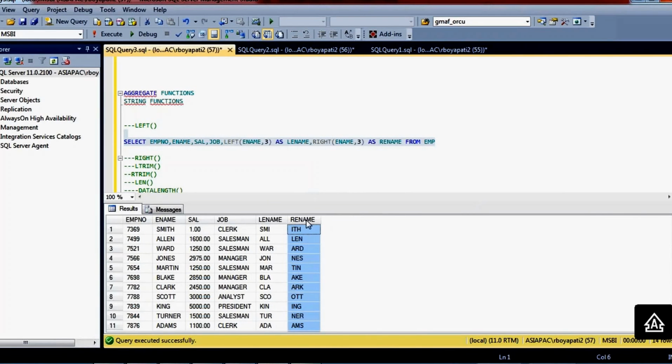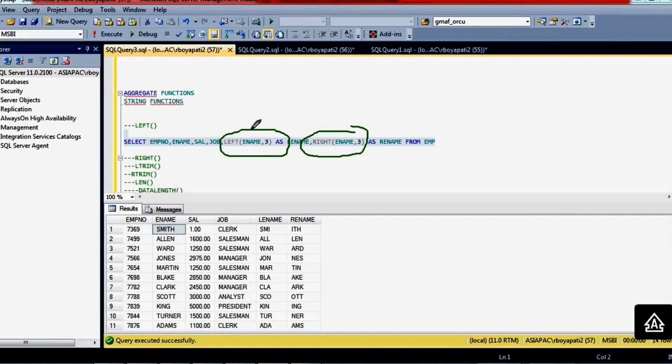See, 3 characters we are getting. That is, under Smith, the last 3 characters are ITH, right? So in this way you can find out the right side 3 characters and left side 3 characters. You can specify any number, so it will get that many characters. Clear?